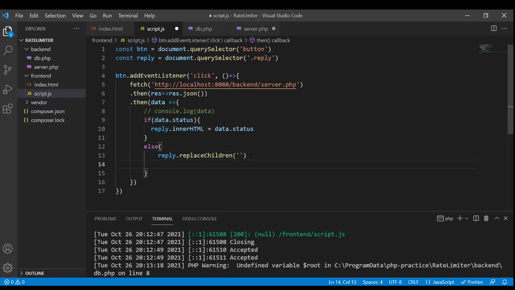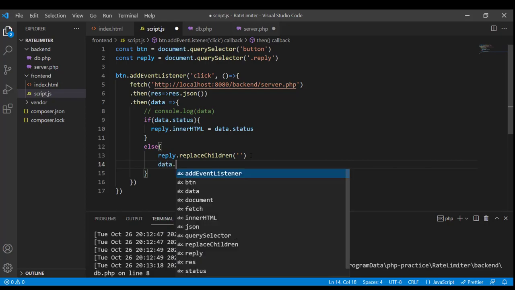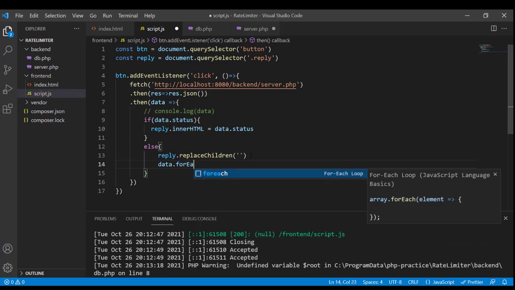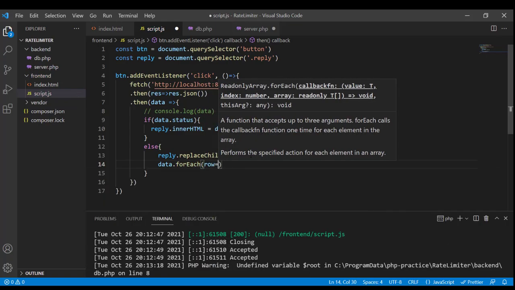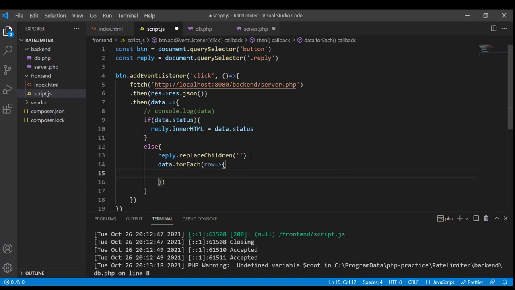Now we know that this data is going to contain an array of objects. So we can use for each. And within the for each callback, let's create a paragraph element.